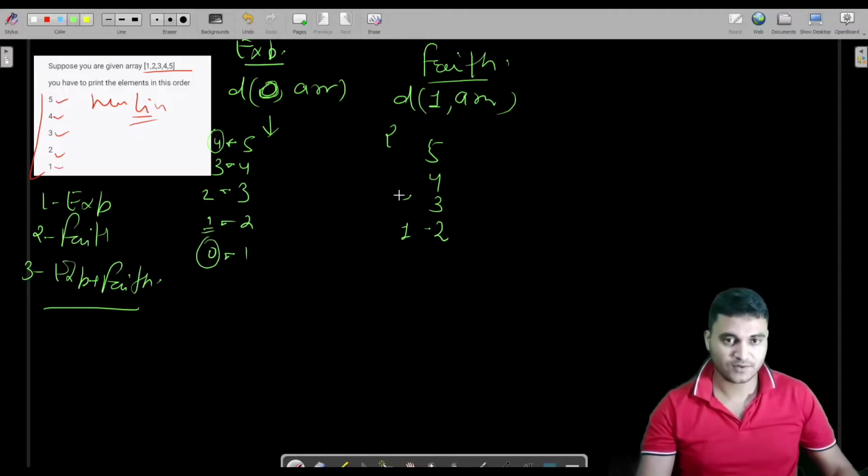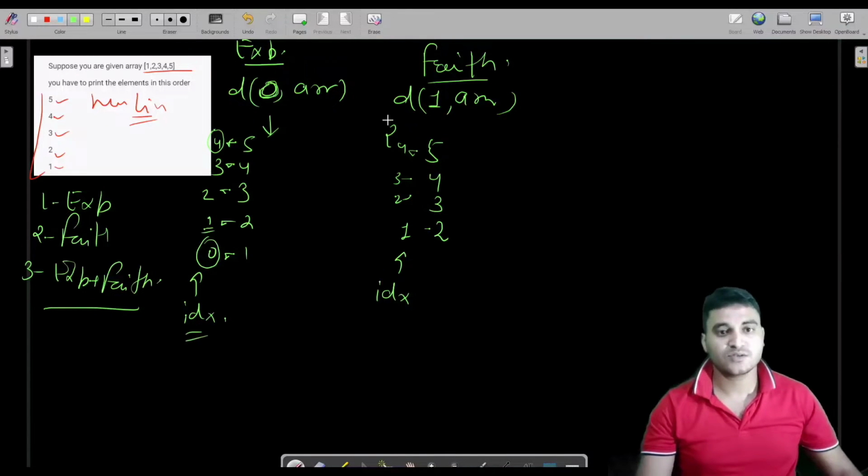These are the indices. So this is my expectation and this is my faith: if I pass 0, it prints all the elements from last to 0, and if I pass 1, it prints all the elements from last till 1.